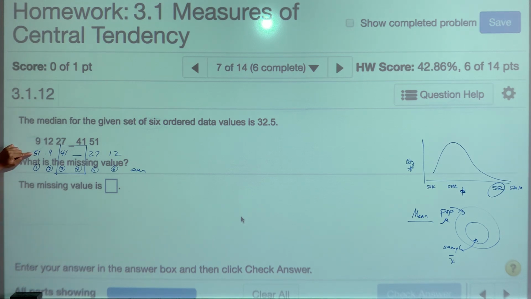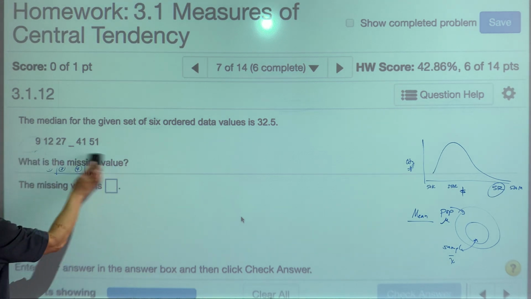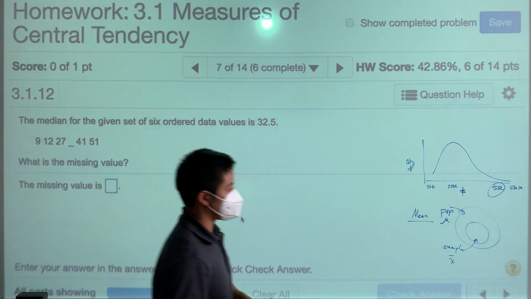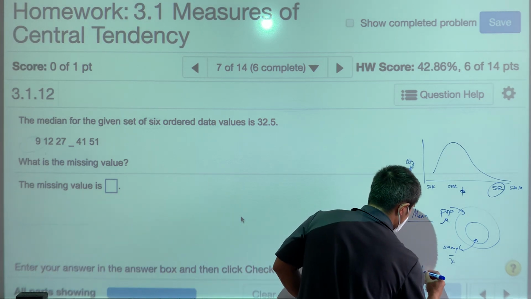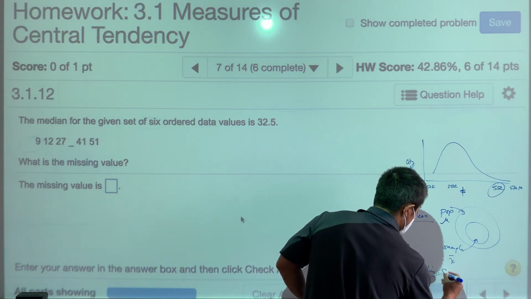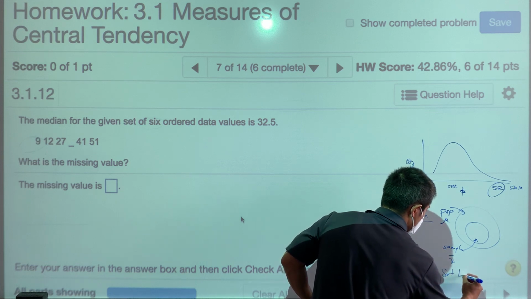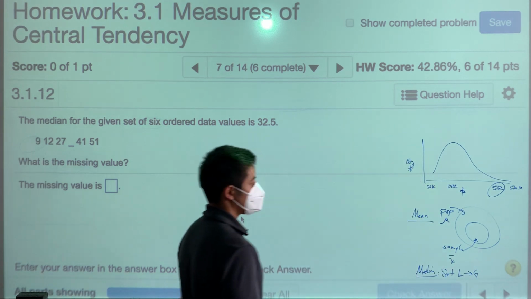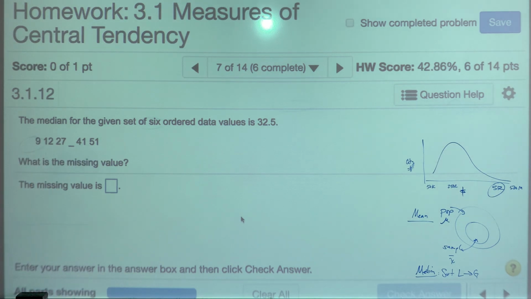Now look what happens when my data set is not ordered versus ordered. Won't I have a different median by using the different middle two numbers, or the different middle numbers? Absolutely. So whenever you're doing median, the first thing you need to make sure of is that you're sorted least to greatest. Okay? If it's not looking something like this, you need to first sort them, all right?